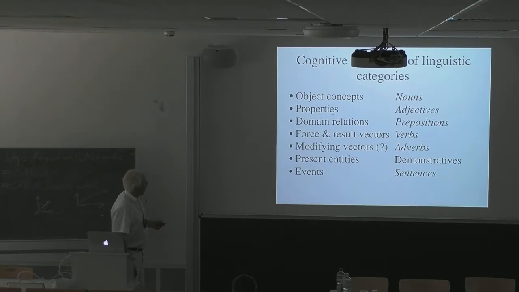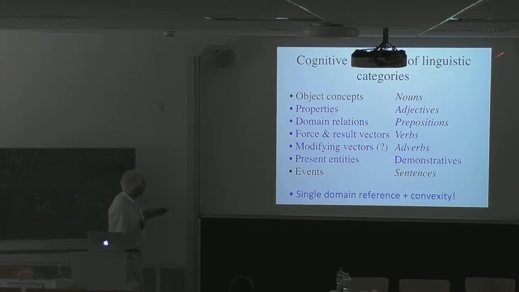I didn't say much about this. And then present entities when you have demonstratives. And events I modeled with sentences. But the common thing here is that for all these word classes, I've put forward this thesis that they all depend on a single domain, and the words within the word class refer to convex regions of the corresponding domains. So that's a kind of unifying view of word classes. Now, what makes the word classes different is that there are different domains and there are different categories, so to speak, that you use when you form the convexity